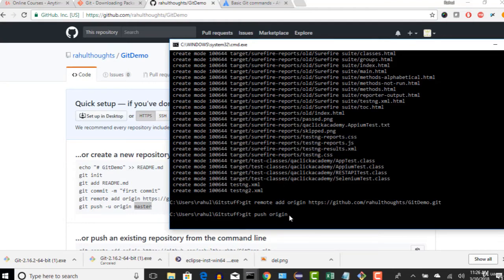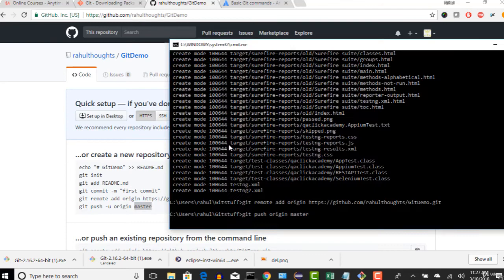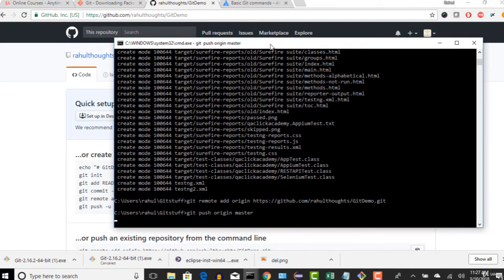Okay, now this means that we are pushing the code to this origin, and the branch we are using is master. So for now just put master. I'll tell you what branches are later. As I told, the default branch will always be master. git push origin master. Okay, and hit enter,